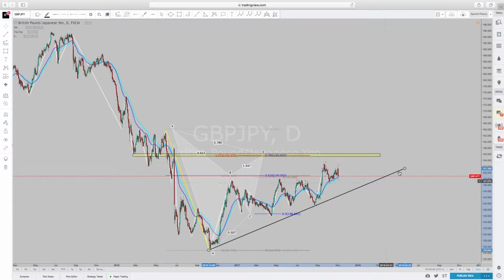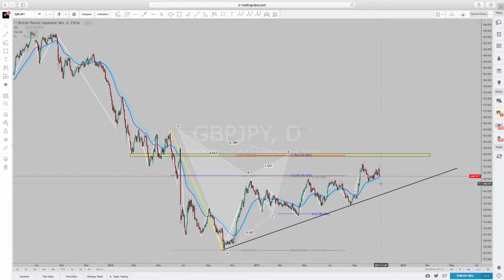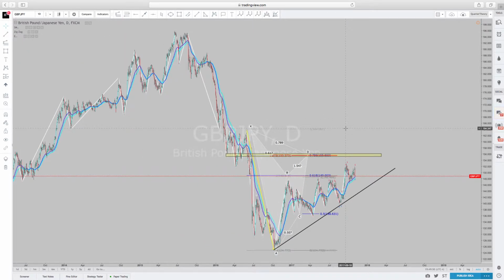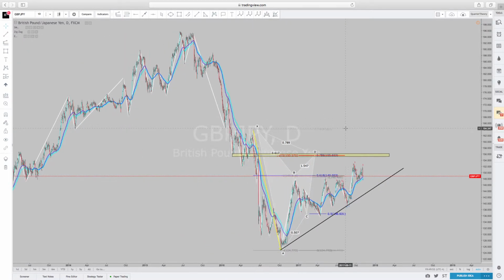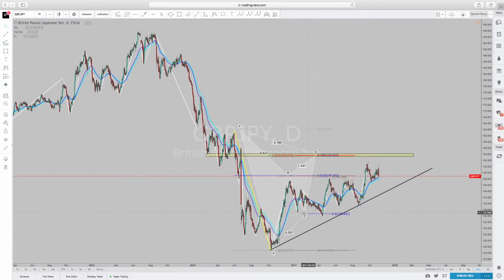So what I would do is I would either put a sell limit here, or I would wait to see what price would do once we get here. We have been going down for some time, but I have a feeling we still currently are in an uptrend. This just may be a retracement situation from this long move, and maybe next week we still have some continuation down on that. But that is what I see so far for this